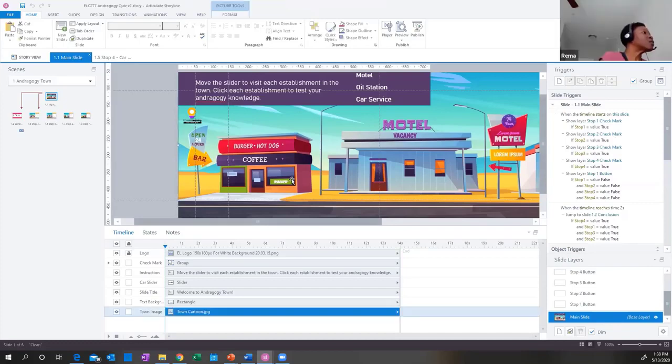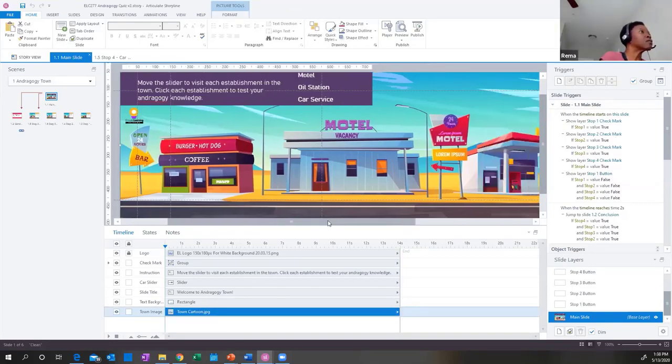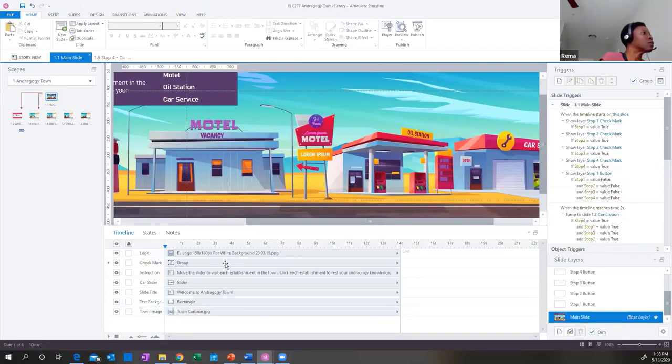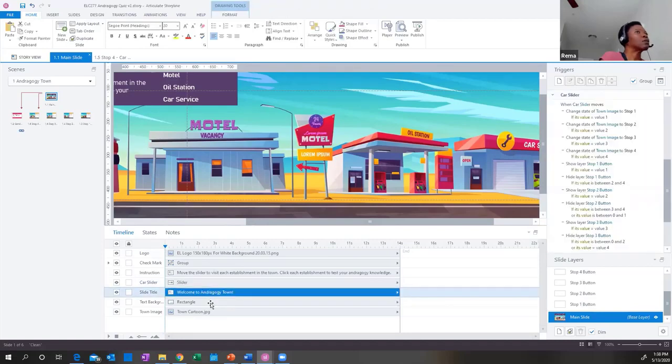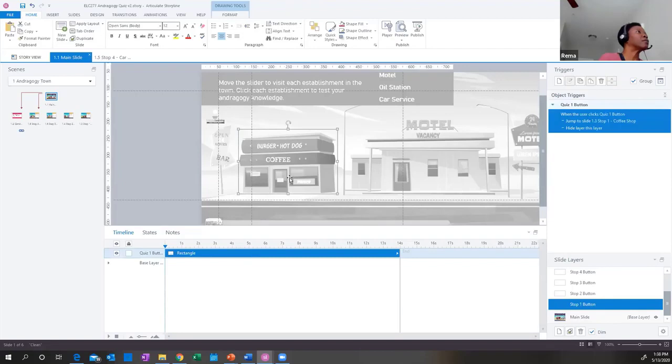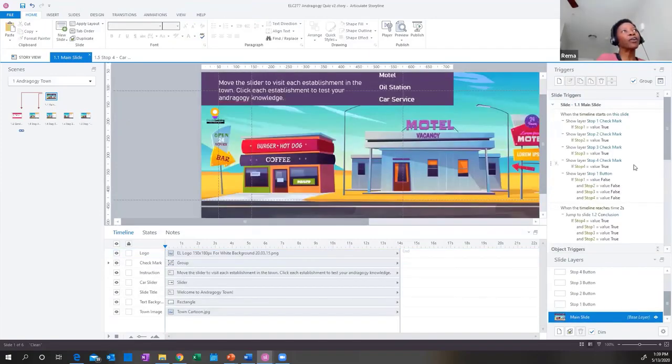Okay. So basically, what I did was I used layers for this one. On stop one, I put a button right here. And that button jumps to the quiz, which is question number 1, which is this little slide right here. So I use layers for that to actually get it to jump to the question. Then for the slider,